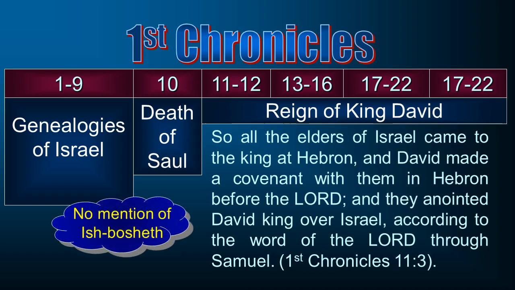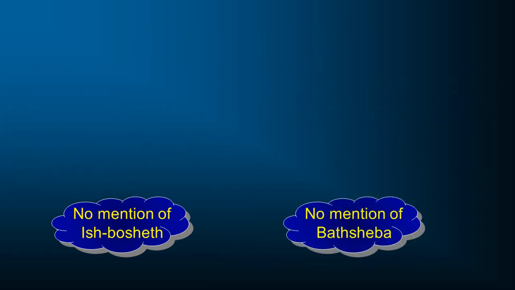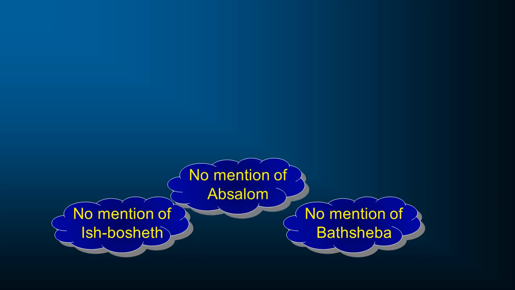Did you catch that there's no mention of Ishbosheth and those 7 years where the northern tribes followed Ishbosheth, who had Abner as his chief of staff? That's not mentioned. We're just not going there. No mention of Ishbosheth and those 7 years. Indeed, there's no mention of Bathsheba and his adultery and murder of Uriah. There's no mention of the Absalom revolt. A lot of things just got passed over. It's not that there's a denial that they happened. We're just not talking about that.